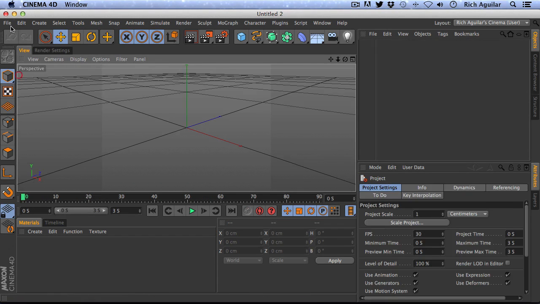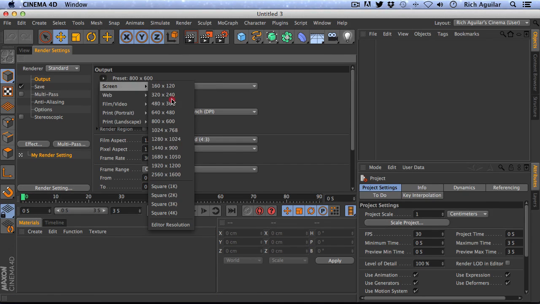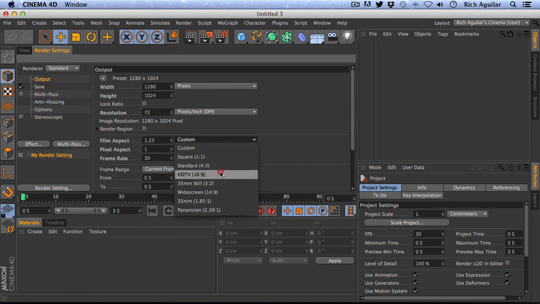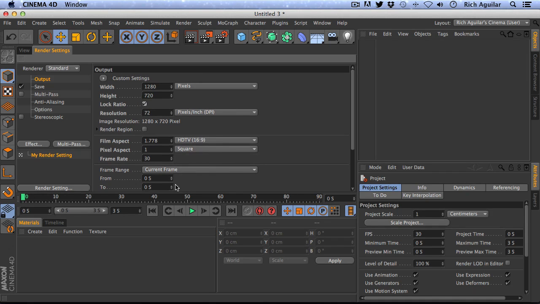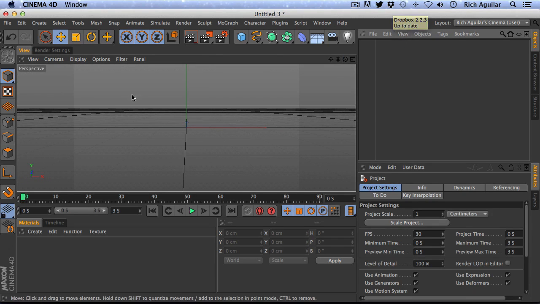Let's close this one. Let's open up a new one, and let's go into our render settings. Let's go to output. Let's make this thing HD. There we go, 1280 by 720. And 30 frames a second is pretty good. So now the first thing that we need to do is we need to create